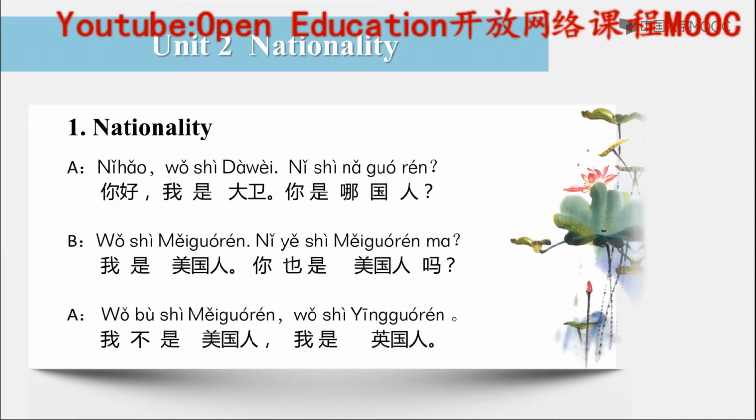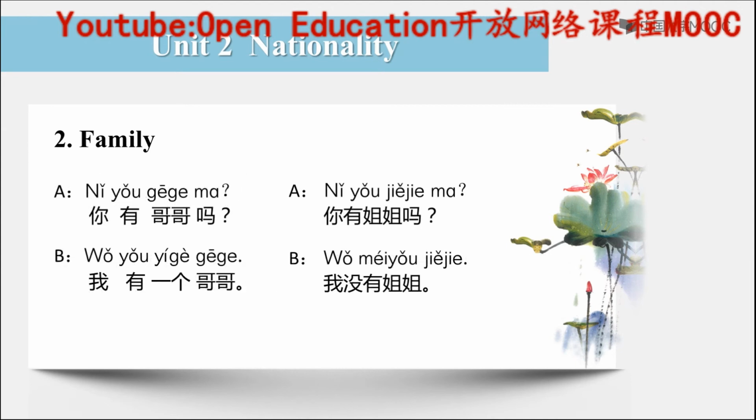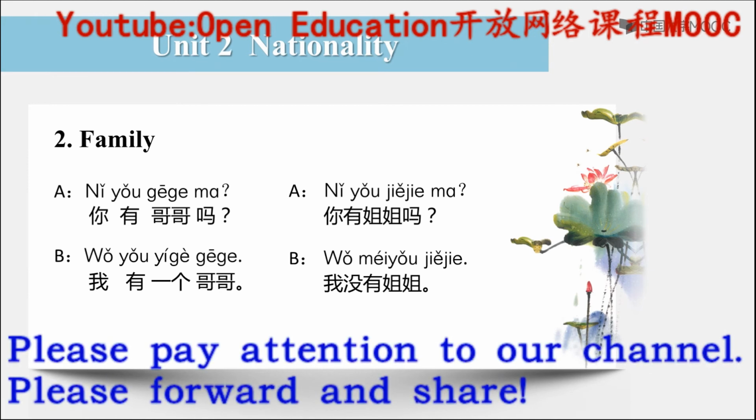1. Nationality. 你好，我是大卫，你是哪国人？我是美国人。你也是美国人吗？我不是美国人，我是英国人。2. Family. 你家有几口人？我家有5口人，爸爸、妈妈、哥哥、妹妹和我。你有哥哥吗？我有1个哥哥。你有姐姐吗？我没有姐姐。